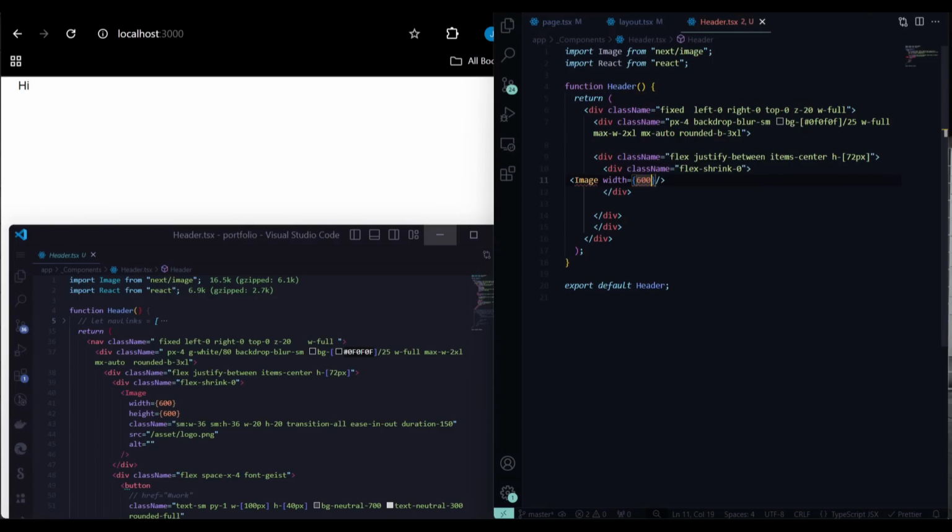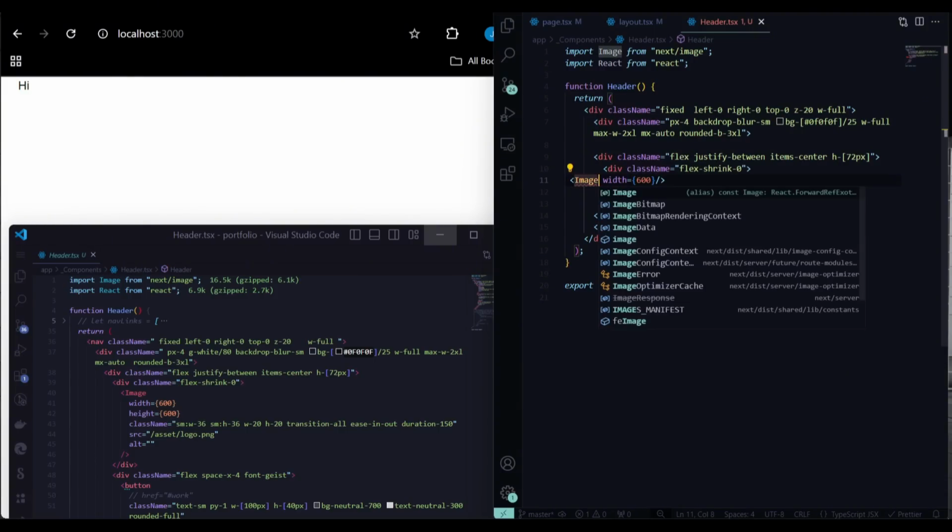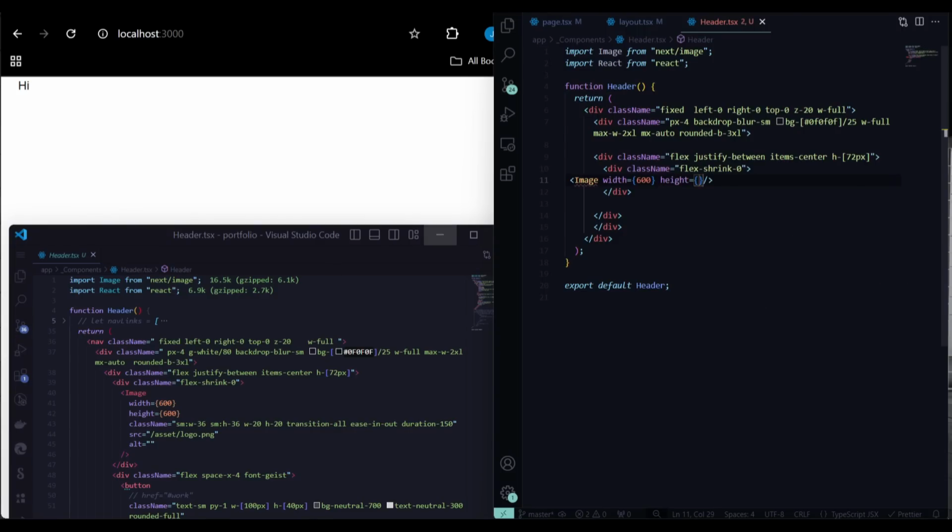Okay, so here we're giving it 600. Let's import it. Okay, it's already there. It's probably complaining about height of 600, and then alt tag, maybe logo, and the next thing we want to give it a source. So here we give it a source of slash asset slash logo.png,